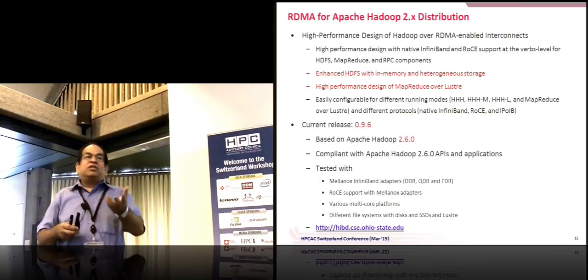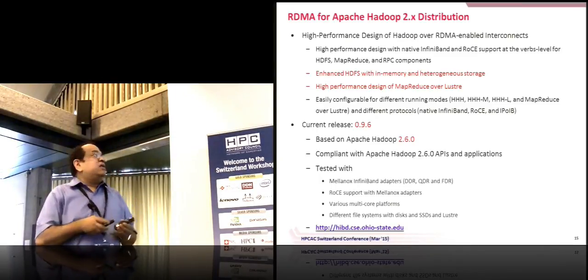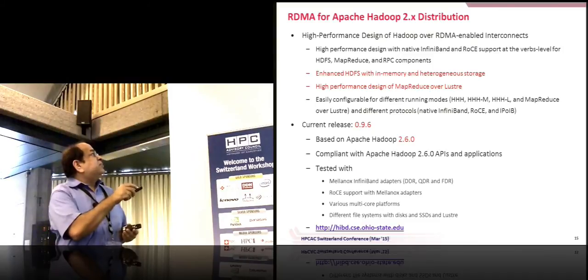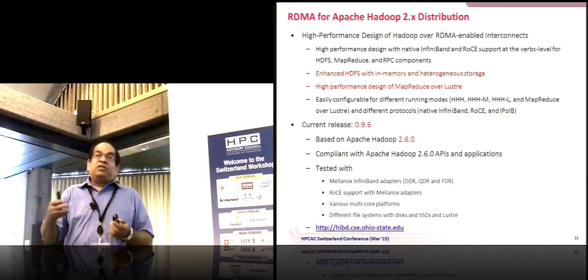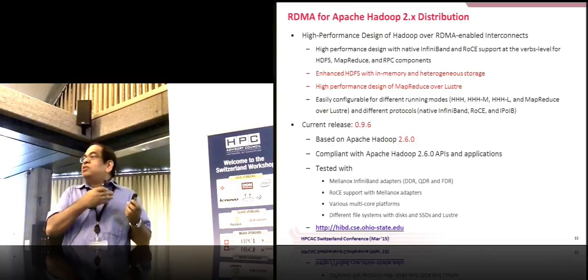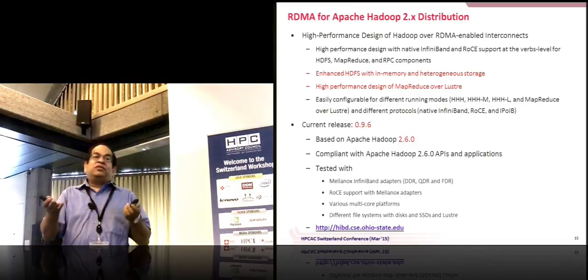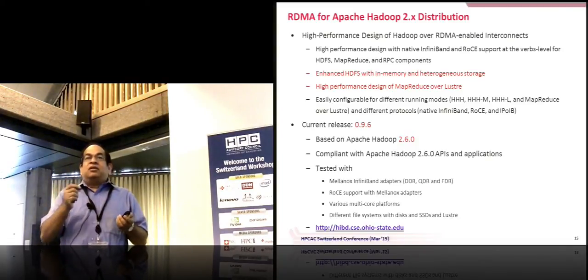Okay, you just have to install our library and then it runs. And we also have easily reconfigurable modes for different protocols. So you can configure it to run on InfiniBand or RoCE or even IP over IP, which is the sockets. So whatever numbers I'll be showing, you should also be able to get all those numbers by just making those